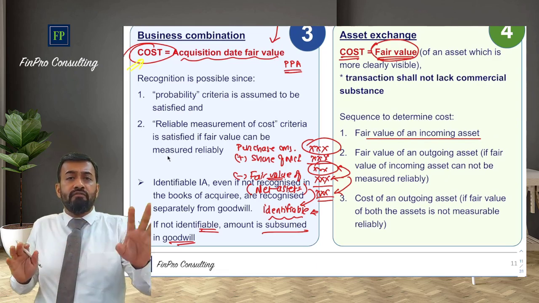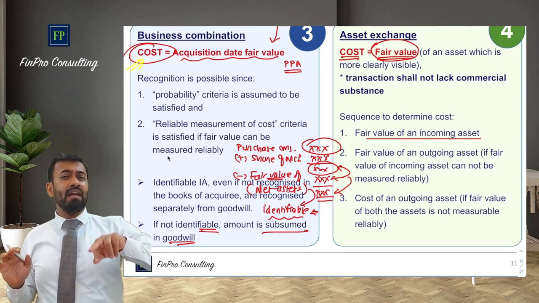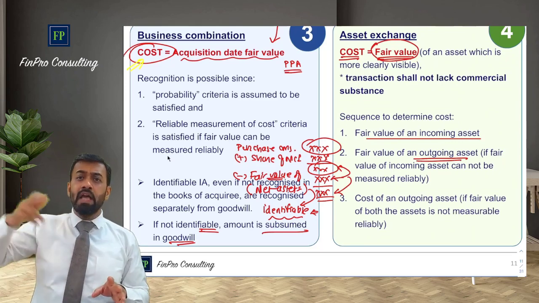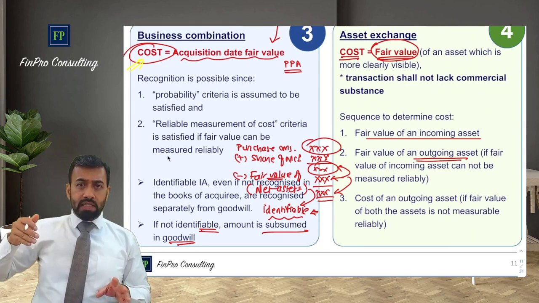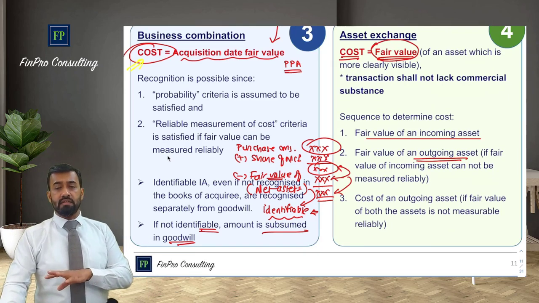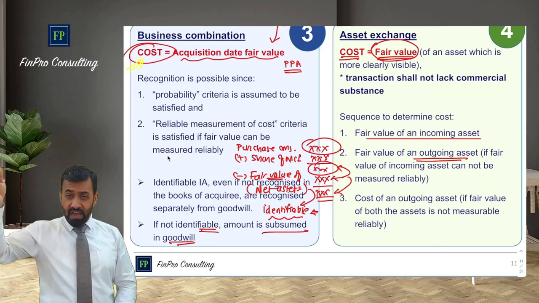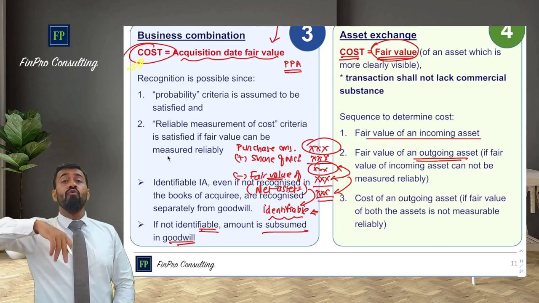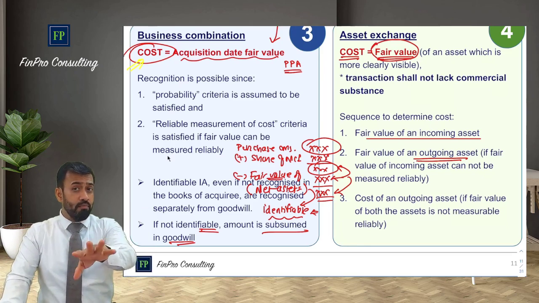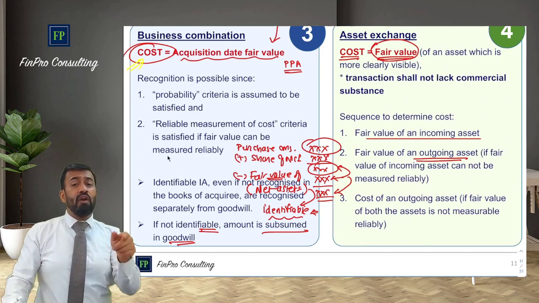Now let's say you do not have the fair value which is determinable for incoming asset. Then standard has given fair value but of the outgoing asset. Because if somebody is accepting the outgoing asset and giving you the new asset, it means the new asset's fair value is equivalent to the fair value of the outgoing asset. It's equivalent. Correct? So the cost of the incoming asset will be equivalent to the fair value of the outgoing asset, not the carrying value. This is very important because there will be carrying value of the outgoing asset and there will be different fair value of the outgoing asset.